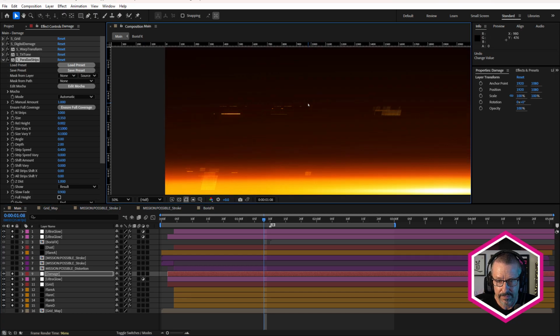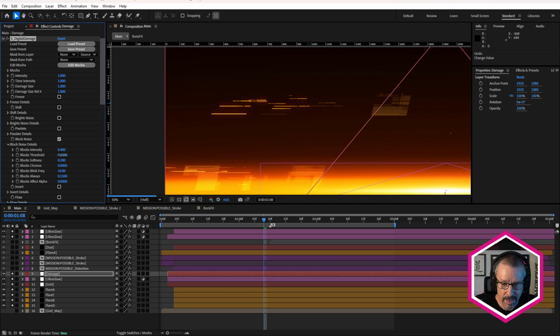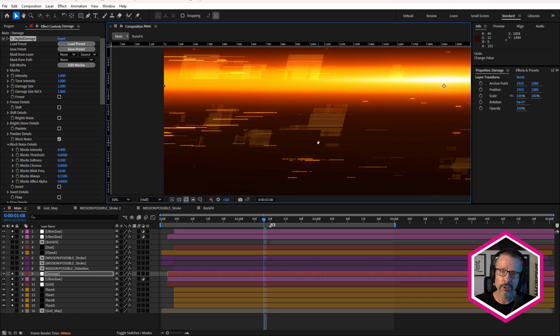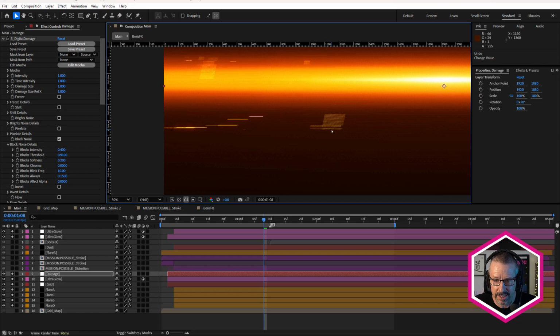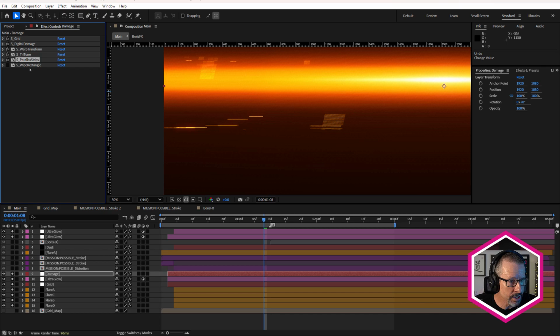Like that. And if we come back to the digital damage and come down to block and decrease that threshold again, so we can add more and more. Pretty nice. It's actually quite a nice look. And we're going to create a Sapphire Effect preset out of this in a minute. But that's too much for this. I just wanted it to be a little more subtle. And I actually made it even more subtle by using the Sapphire Wipe Rectangle Transition.